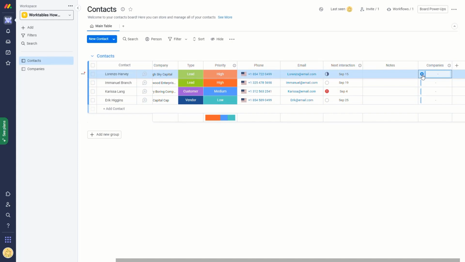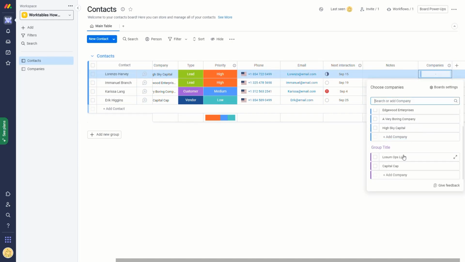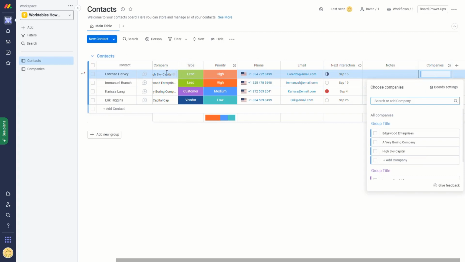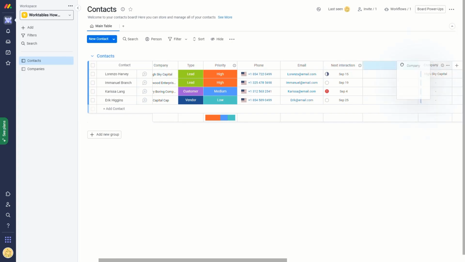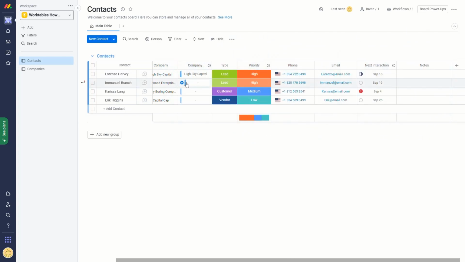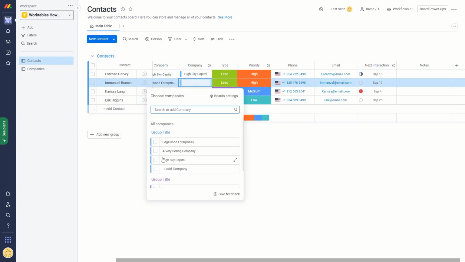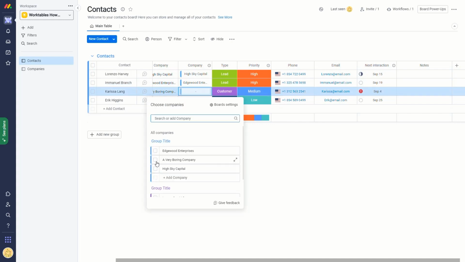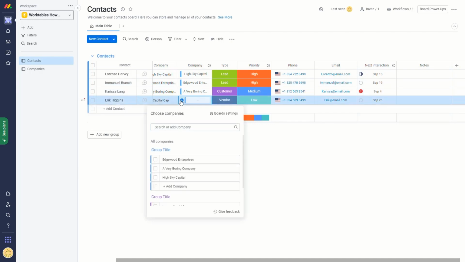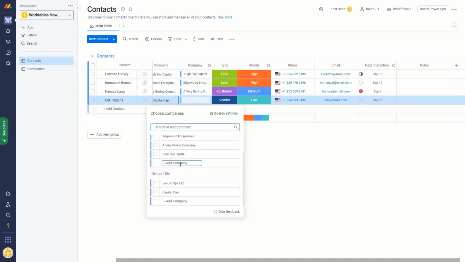If we click on the plus button, we can see the list of items on the companies board. Here we can see that Lorenzo Harvey is related to High Sky Capital. So we can connect to the High Sky Capital item in the companies board. This is now the company related to Lorenzo Harvey. And we can call this, instead of companies, just the company, bring it to the left, and we do the same for Emmanuel. So Edgewood Enterprises, right? Let's connect Carissa Lang to Very Boring Company, and we'll connect Ari Higgins to Capital Cap